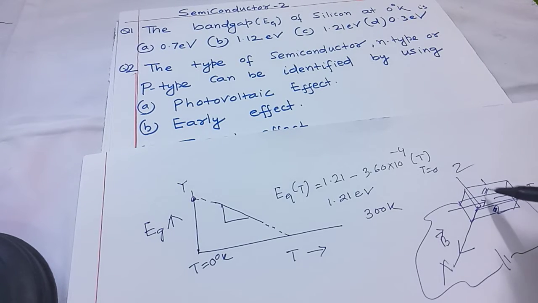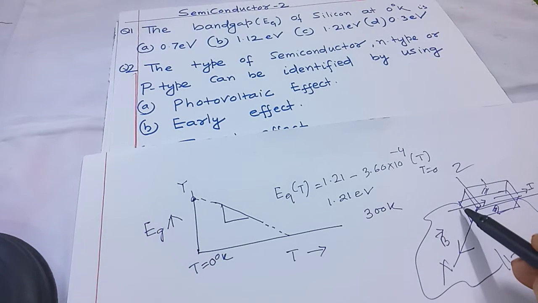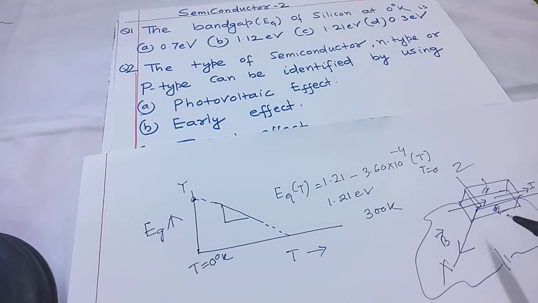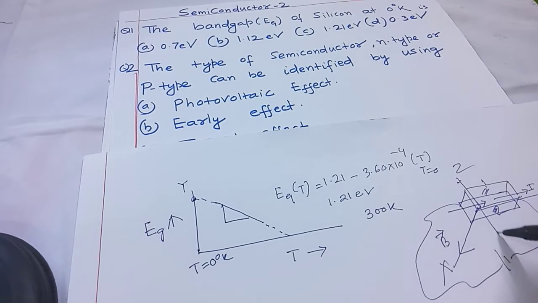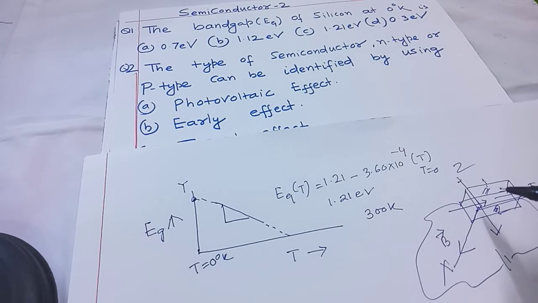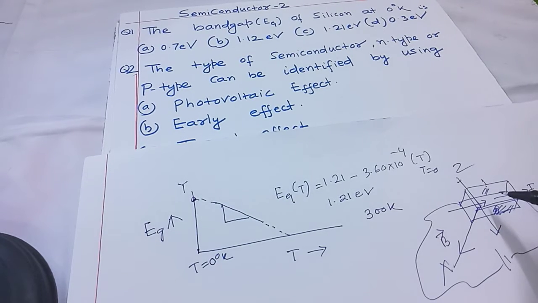a potential difference is established between these two surfaces. Supposing we take a p-type semiconductor, the majority carriers are holes, and the holes move along the direction of the electric field, that is the current direction, and the force acting on the hole is along the negative z direction. That is, the holes are thrown to surface 2, and thereby an electric field is established, or a potential difference is established between the two surfaces, which you call Hall voltage.